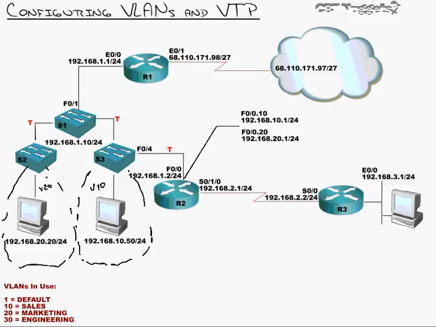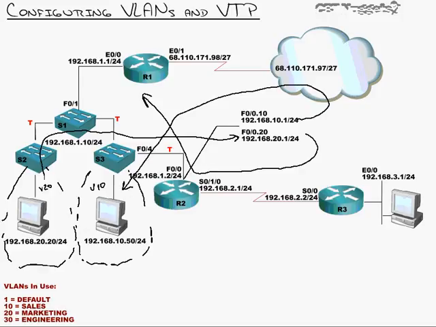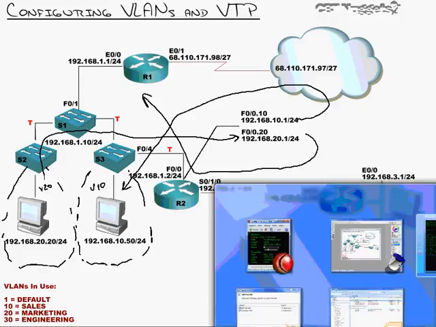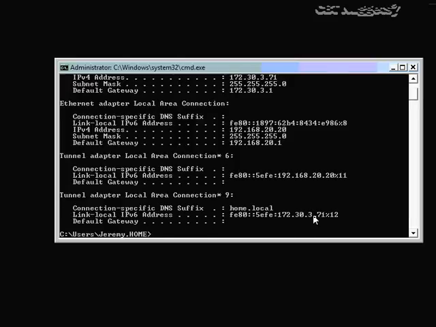Now, what I have left to do is to attempt to ping from this PC. Let's ping and see if we can reach that sub-interface on router 2. Then I'd like to start pinging into other VLANs, because since router 2 is a router, it will be able to route us in FastEthernet 0/20, and then it can come right back out FastEthernet 0/0 into VLAN 1. Or it could come out FastEthernet 0/10 and reach VLAN 10 devices over here. So let's try that. I'm going to bring up my connection. This is the PC. I'll do that ipconfig. This is the 20.20 PC that is in VLAN 20. Let's see if we can ping our default gateway,